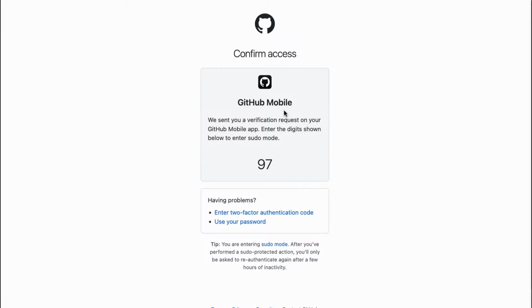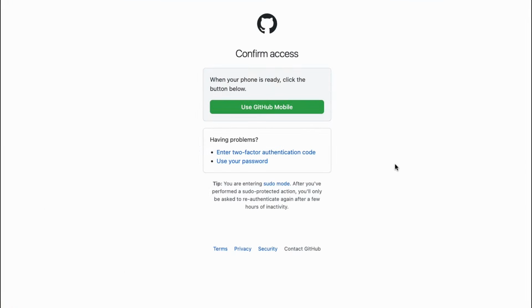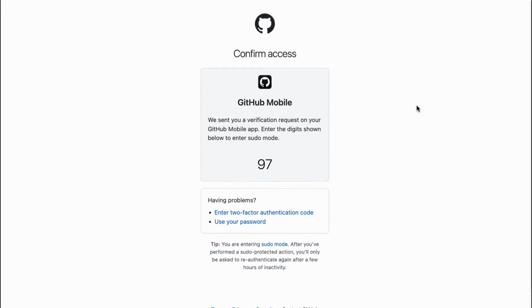Let's see here. Let's try it again. Add this. I'm going to go ahead and add this in here. For some reason, my GitHub is not exactly working.